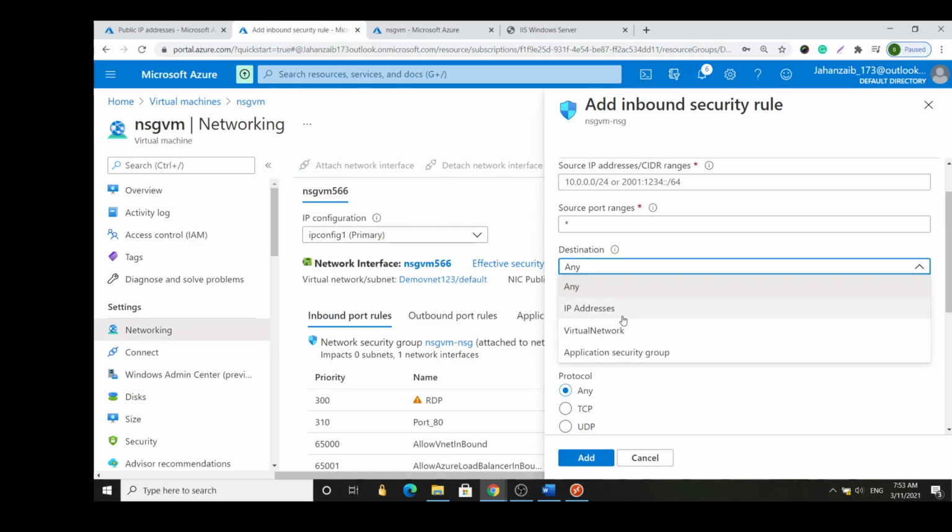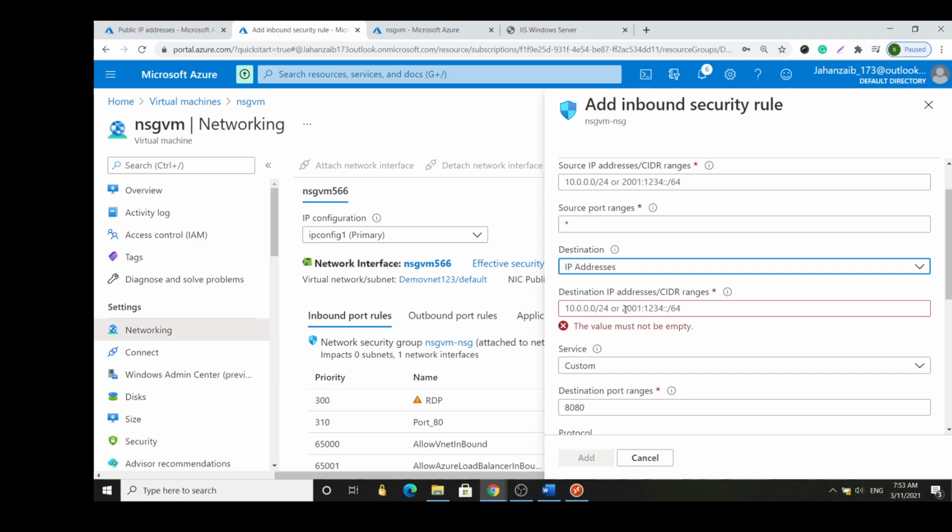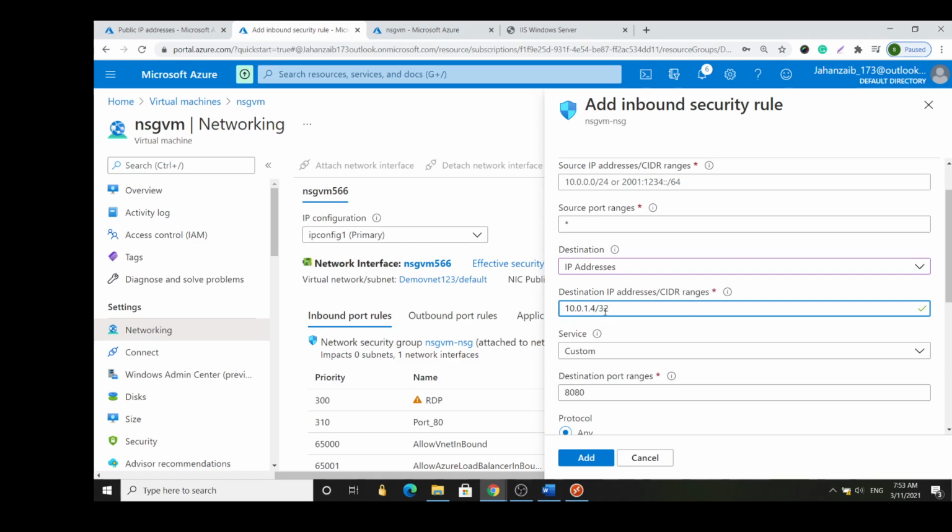So this could be my private IP. It could be virtual network too. So I say IP, and here I can give the IP and just give the address to it